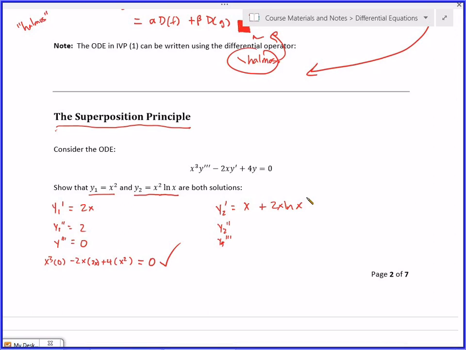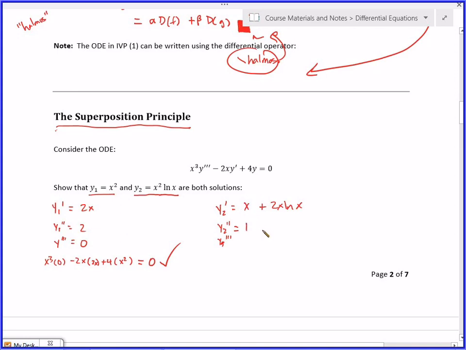Is that what you got? First times the derivative of the second, x squared times the derivative of log of x. What's the derivative of log of x? 1 over x. So x squared times 1 over x is x. And then the derivative of the first times the second would be 2x times natural log of x. So this equals,